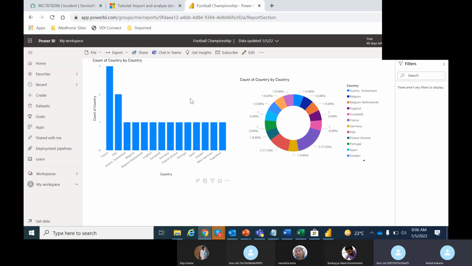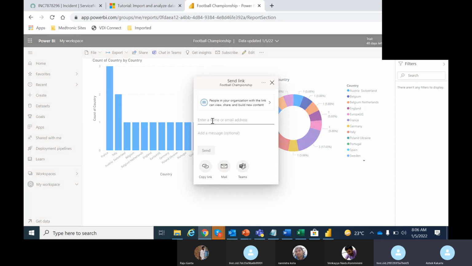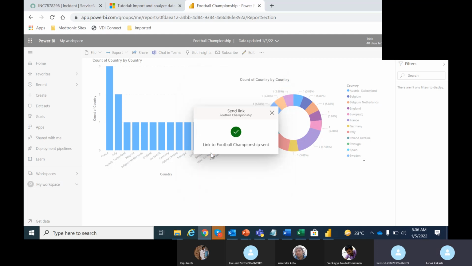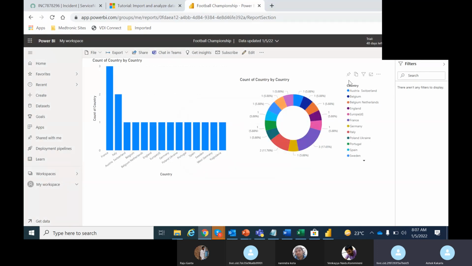And now I would want to share this report to the users. Go and then share the report to the users. Click on that and then save it and then send it. Now this report has been shared to Ashok. So now what I would need to do is connect with my credentials to see this particular report. So let's say if I share this report to you,